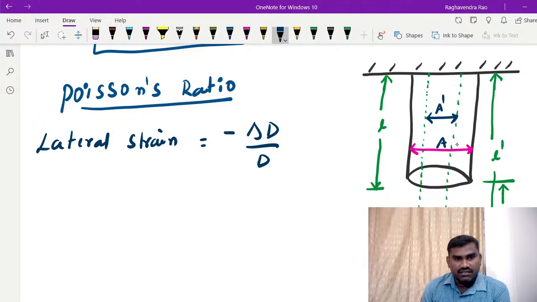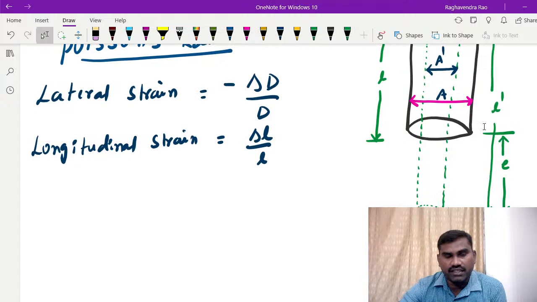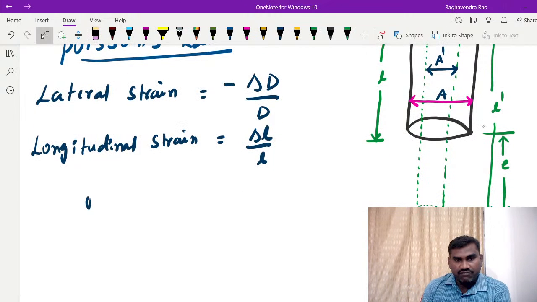Okay. Next, longitudinal strain. Longitudinal strain will be equal to delta L by L. So here the length is increased. Now Poisson's ratio, we can define sigma, is equal to lateral strain